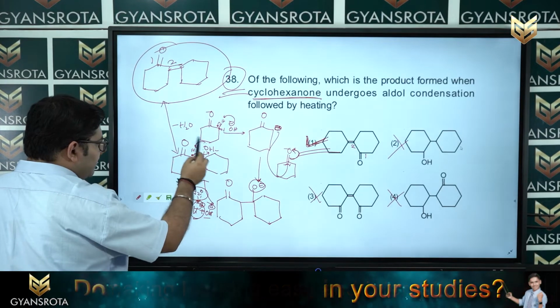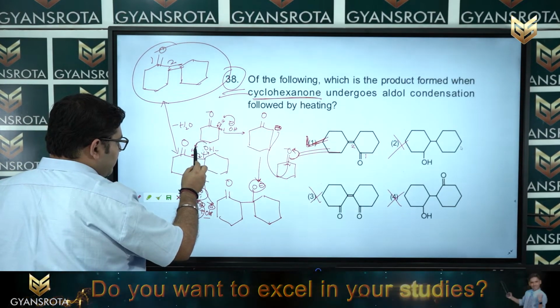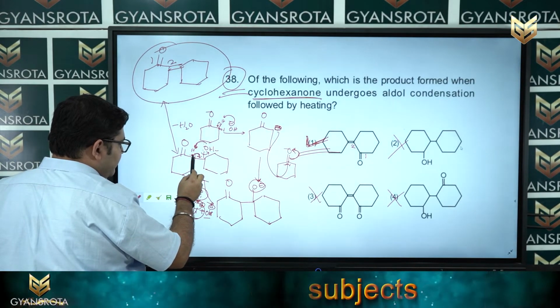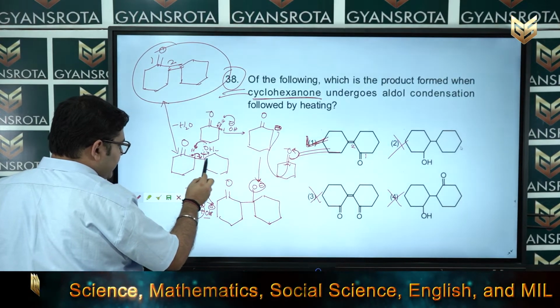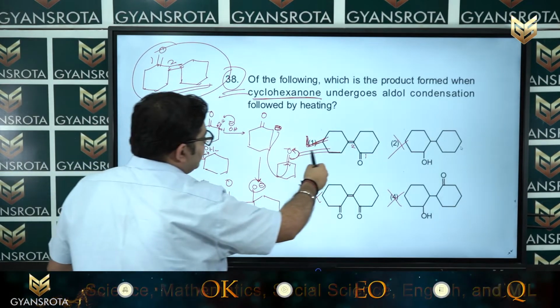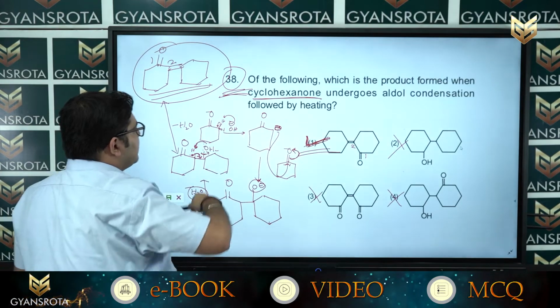Now, after that, how will the water molecule be removed? See, here a lone pair is there, this lone pair will abstract this proton and this bond will be shifted here. So, this is the minus sign. Now, this minus will move to this side and this water molecule is removed and you will get a double bond on this structure. So, option number 1 is the correct answer to your question number